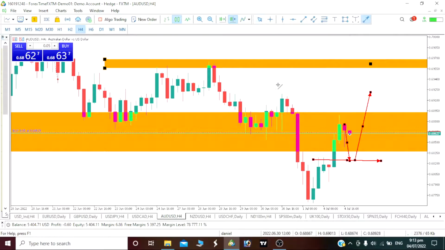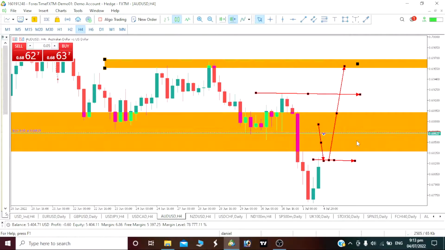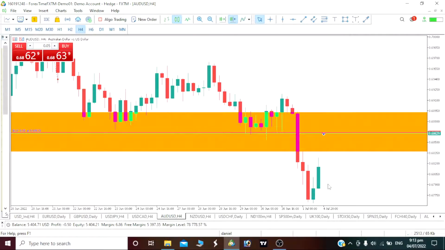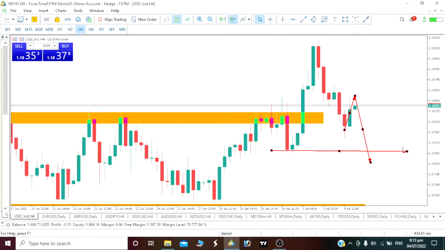And we expect it to hit here, break above it, and also continue to at least touch here. So exactly what we are aiming for. We are aiming for a bullish move on our AUD USD. Now, as you can see on our index DXY, we are expecting our DXY to fall on our 4-hour